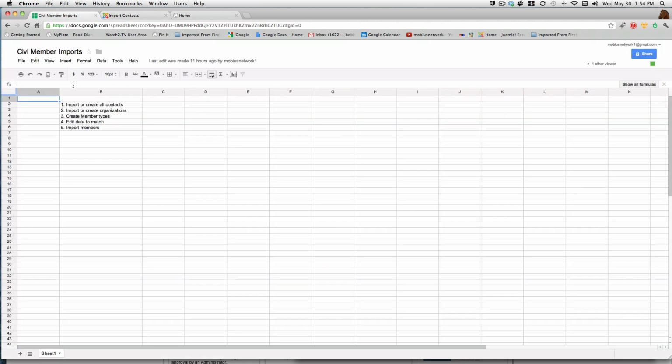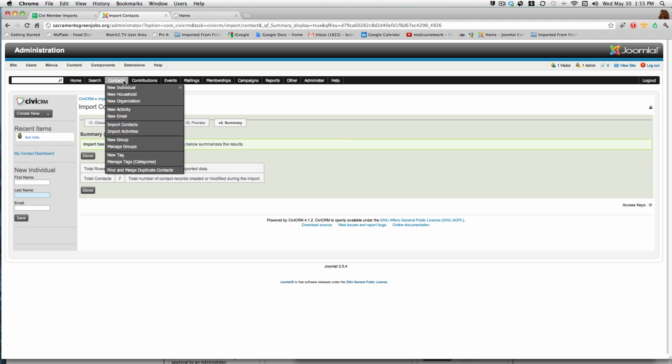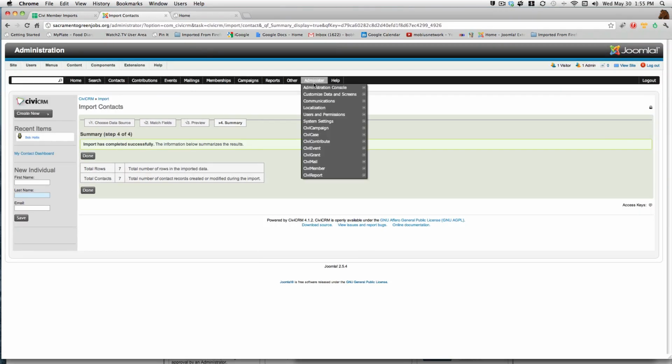So now we've got people imported. We've got organizations also, which I've already done, but that would be over here under contacts. You can create new organizations, or you can import contacts as organizations and do it the same way. Once those organizations are in, now we need to create member types, and that is done over under Administer, CiviMember,